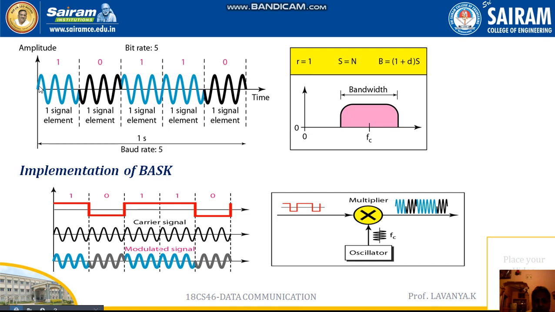For 1 bit, this is how the degree starts, and if it is 0, this is how the degree starts. If it is 0, our sine wave, our phase, is going to start from the 180-degree level. Like that, I am going to distribute all the values.